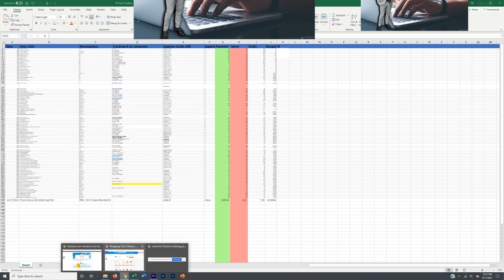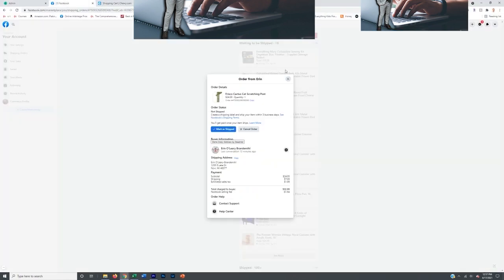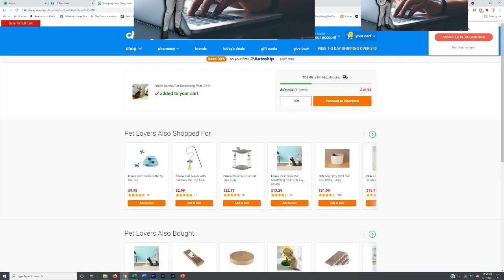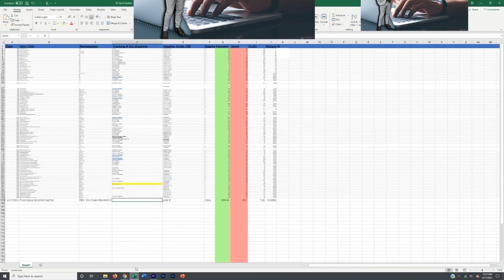So what I basically do is I come back to Facebook Marketplace and you'll see all your orders, and then you want to mark it as shipped and then select the carrier, whoever it is, and then put the tracking number in and click save, okay? And that's basically how you approach that. That's how you do it. So the way that you get the tracking number is obviously you look back through your orders on that specific website, or a lot of times they'll email you and tell you when it's shipped, and then you can click on the shipment in your email, and then you can go to the tracking and get the tracking number that way, put it in your spreadsheet, go back and put it in Facebook Marketplace or wherever it is,